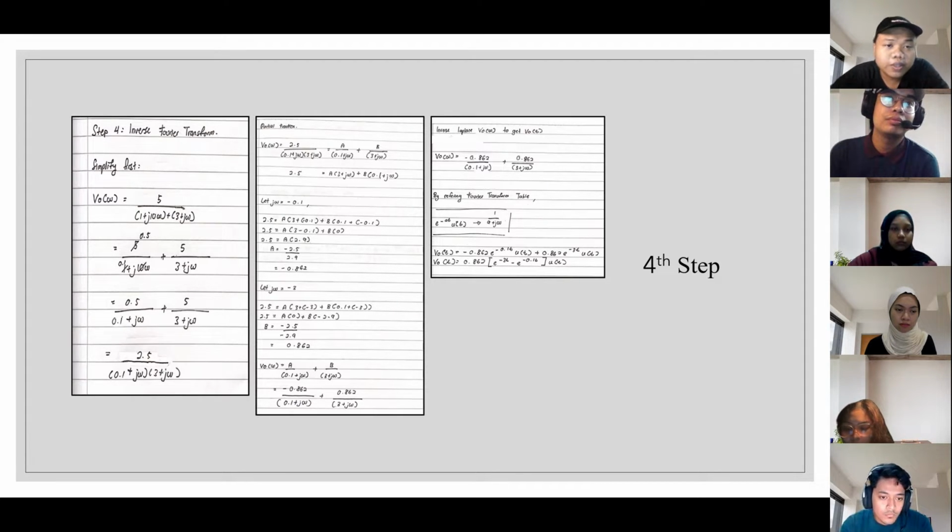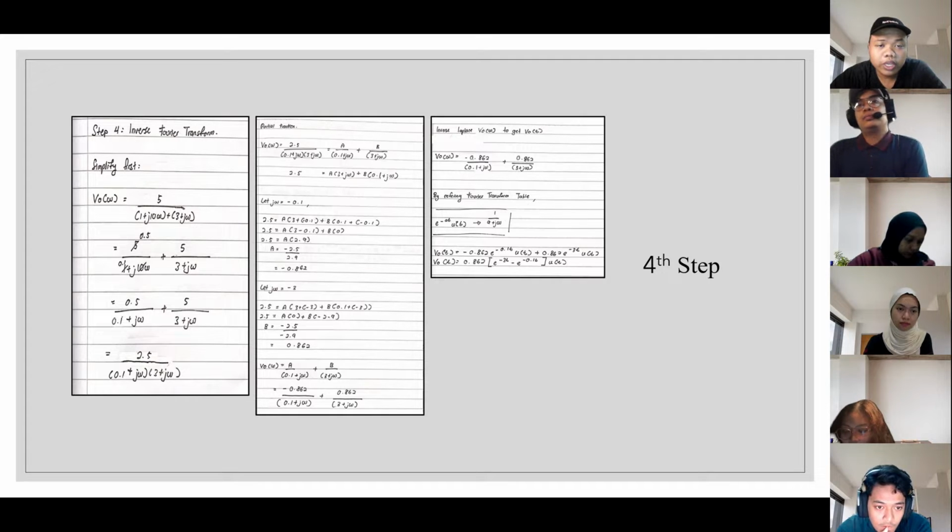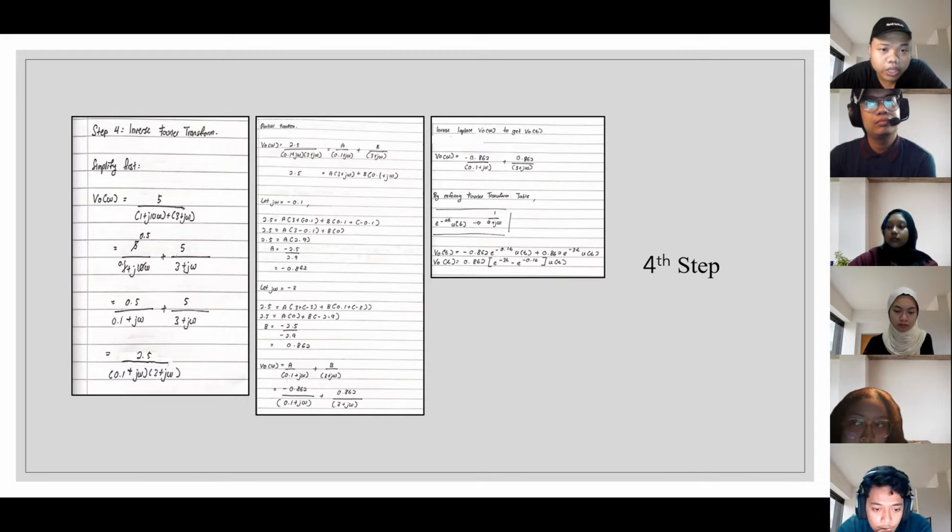For the next, we have V out omega 2.5 over (0.1 plus j omega)(3 plus j omega) equal to A over 0.1 plus j omega plus B over 3 plus j omega, and 2.5 equals A(3 plus j omega) plus B